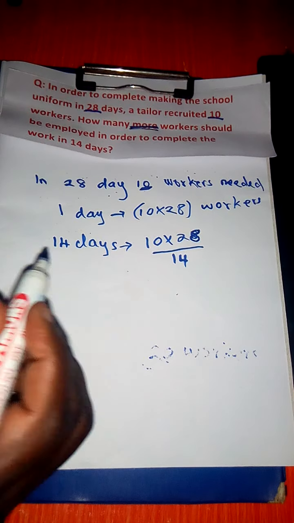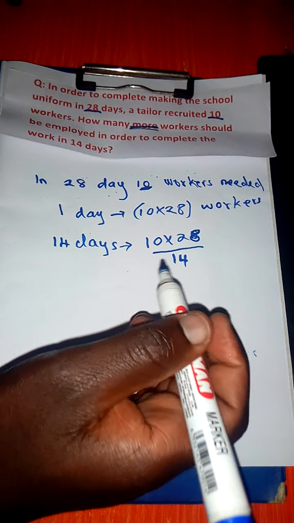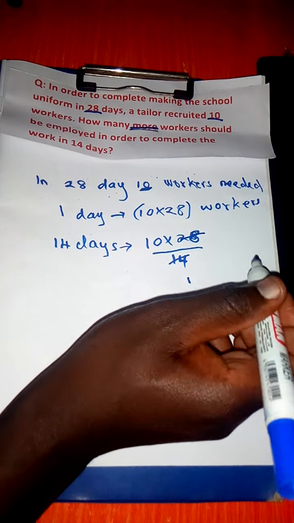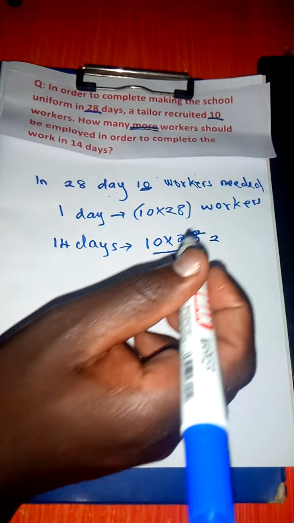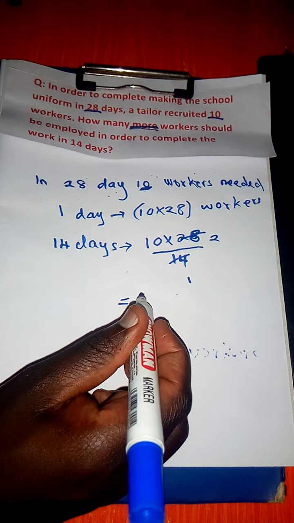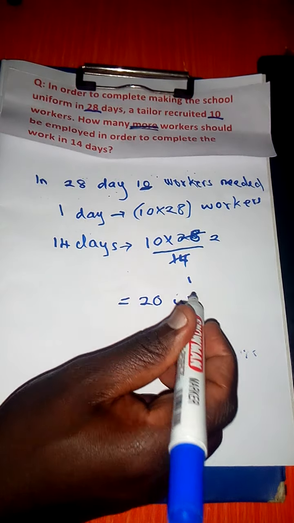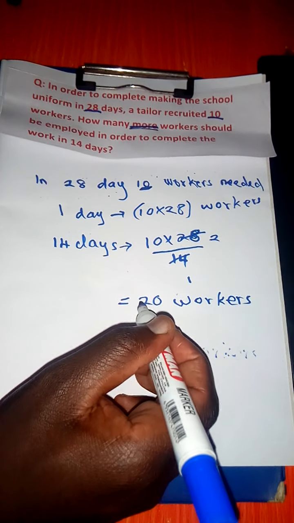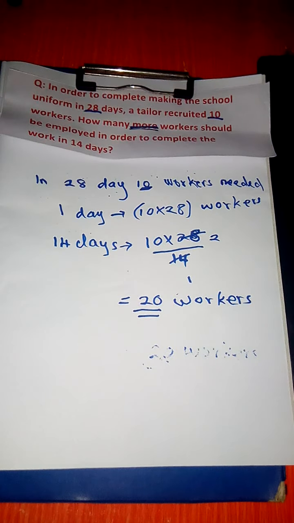So we will just work out the number we'll need in 14 days. This is 1, this one is 2. So in 14 days you will need 20 workers. You realize that this is double the amount of workers that the tailor had, but we've been told to find how many more workers he will need in order to